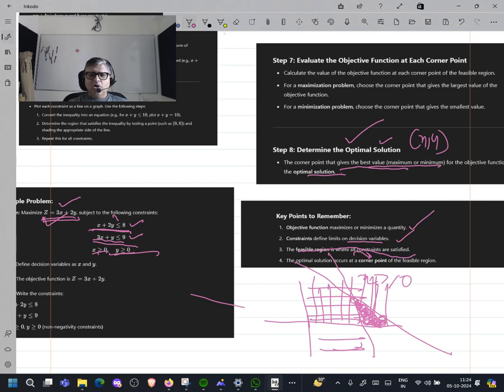All the corners have to be identified. Find the intersection of this line with this line, which is x equal to 0. Find the intersection of these two lines, solve them separately. Then find the intersection of the second line with the x-axis. The corners come. So then put the values of these corners in the objective function, and you will get your answer. So this is the way you need to solve these problems.